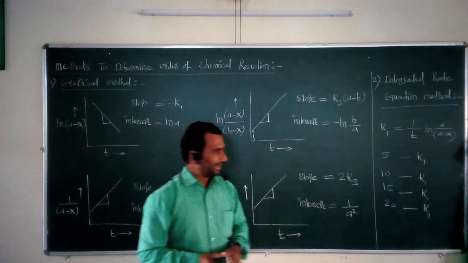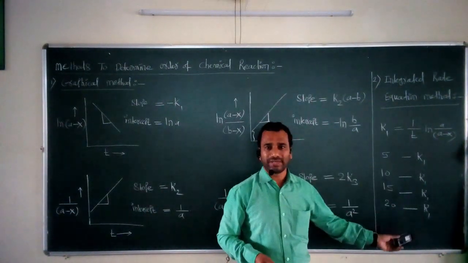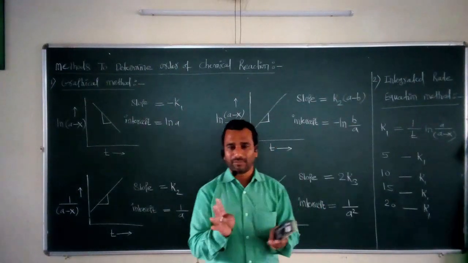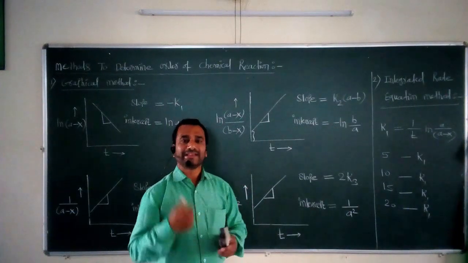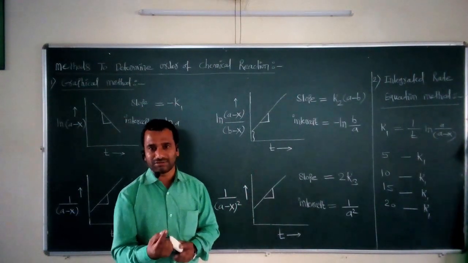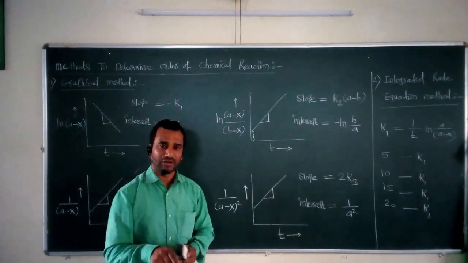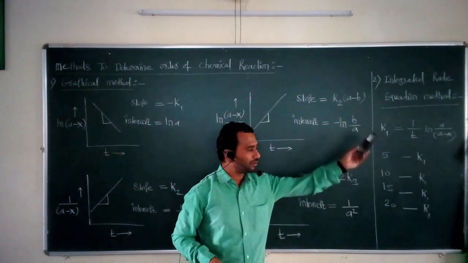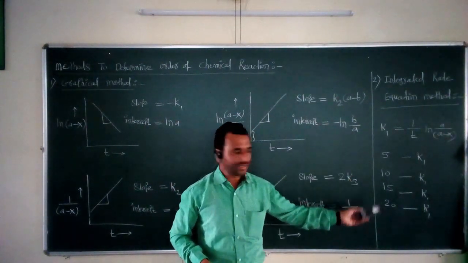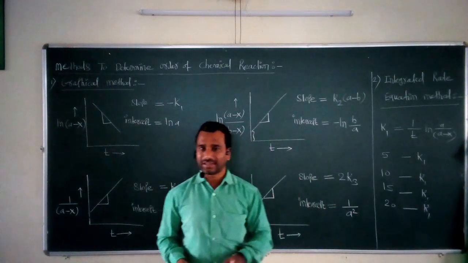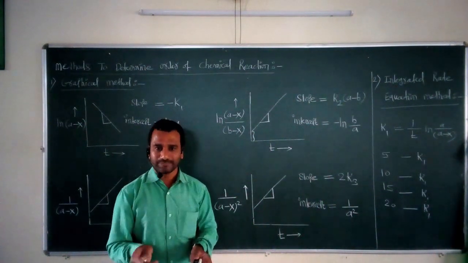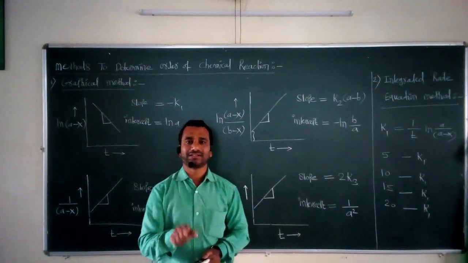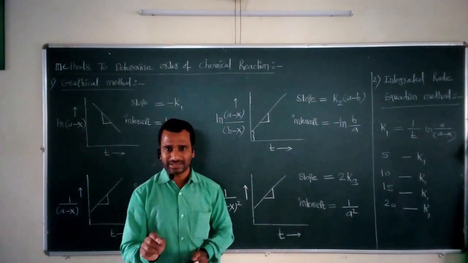Now suppose these four values of rate constant are different among each other. If they are different, then what do you have to do? You have to take into consideration the second integrated rate equation, for second order. Again, we have to carry out the same experiment, note down the concentration of reactant and product at different time intervals, and calculate the rate constant. Again, you have to observe whether the rate constant values are similar or not. If they are similar, we can say that it is a second order chemical reaction.